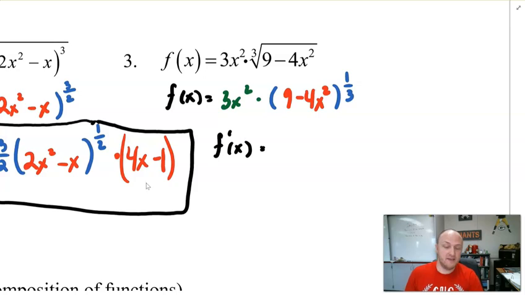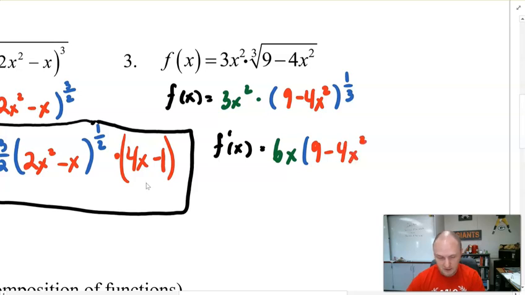Okay, what is the product rule? Well, derivative of the first. So the derivative of my first is 6x, times the second. So that's going to be (9 minus 4x squared) to the power of 1/3, plus